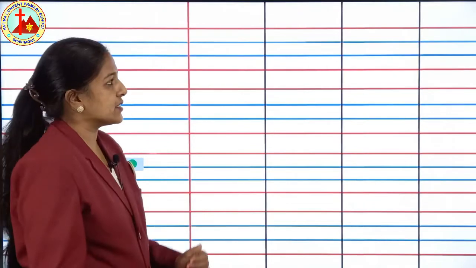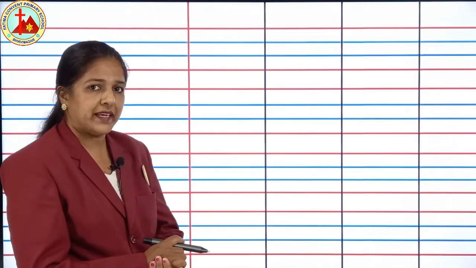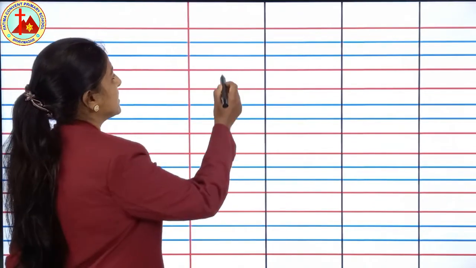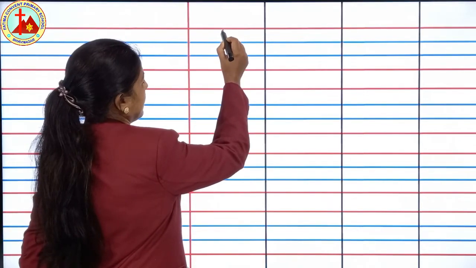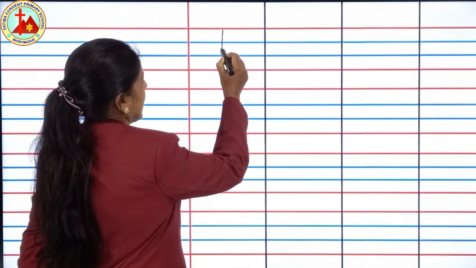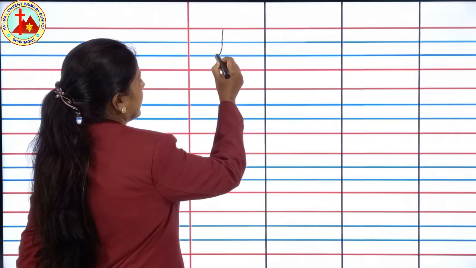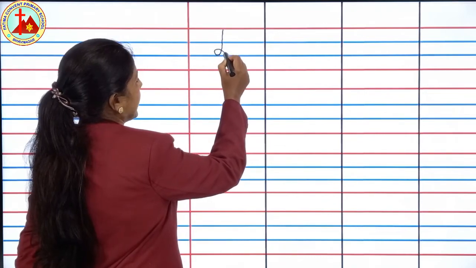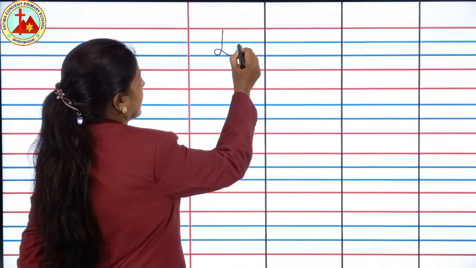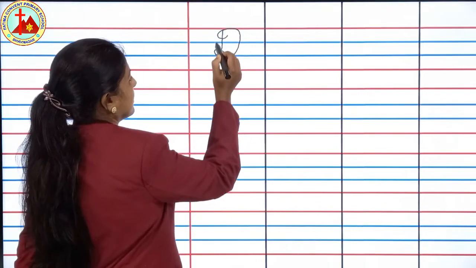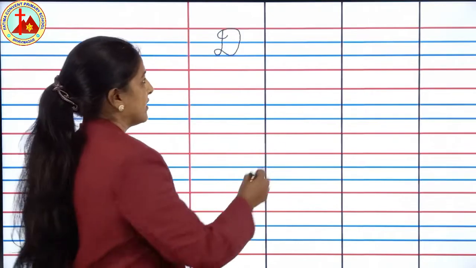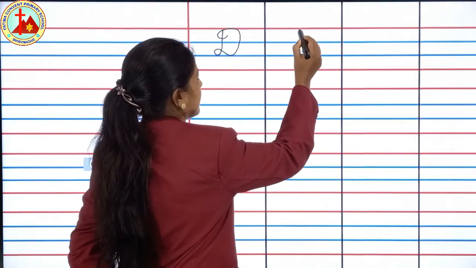Now we will practice to write in the 4-line page. Look carefully children. Starting from the red line up, come down to the blue line, loop outside, again up to the red line, inside curve, D. Again we'll write.